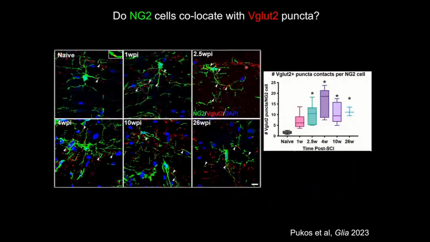She did double labeling for NG2, then to see if the OPCs are touching the axons where the V-GLUT puncta are located, and the answer was yes. So these happen normally in the normal uninjured tissue, and then this also increases over time and is maintained for 6 months post-injury. So the NG2 cells are abutting these axons, and using our image analysis system, she was able to quantify regions where they're double labeled. So the OPCs are increasing and seem to be listening in to the glutamatergic axons in the injured spinal cord.